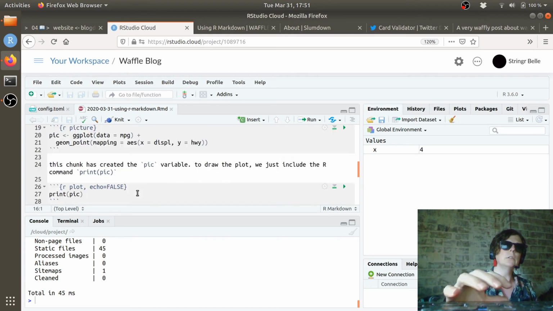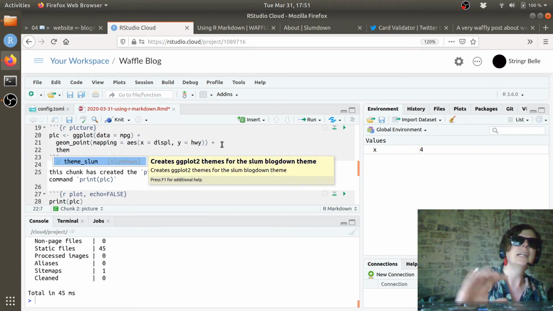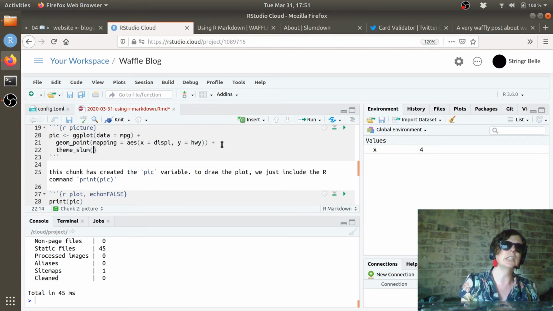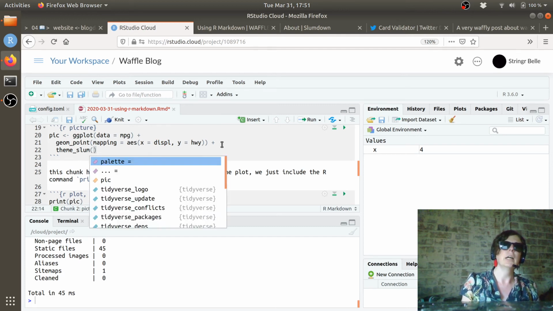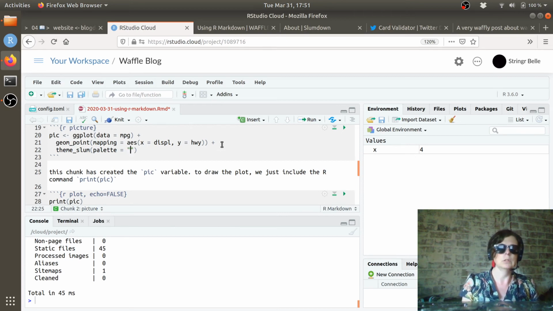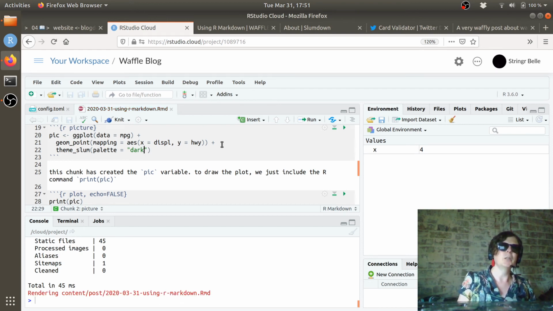One nice thing is that it comes with some built-in theme. So if we go theme, look at that, theme slum. Inside the Slumdown package, there is a theme slum command, and I think all we have to do is specify a character string specifying a palette. Let's start by doing this, which is probably bad. Let's find out if this is the right answer. Theme slum palette equals dark, right? Okay,